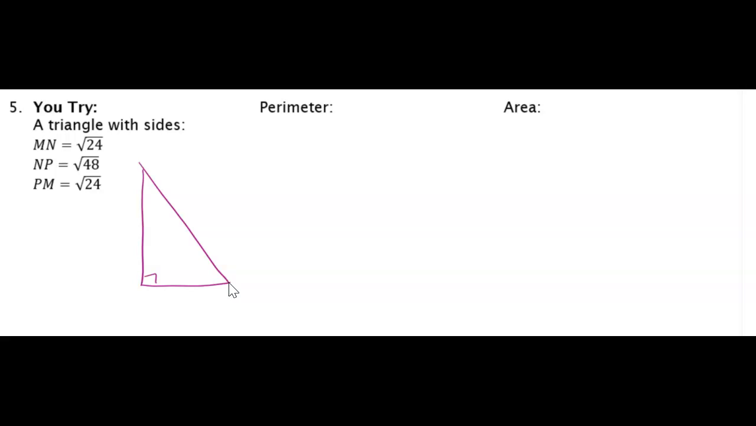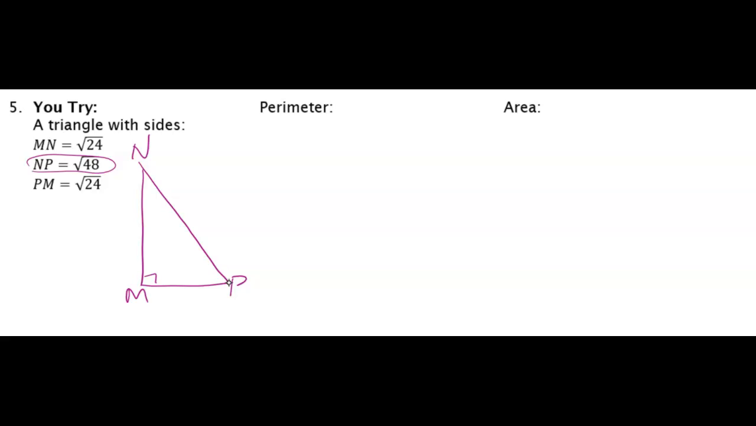Now I can't just label them however I want. If you look here, NP is the biggest side. That means NP has to be the hypotenuse. So that's really important. And then M is going to be the corner where we have our right angle. Before I label our sides, I want to talk about our